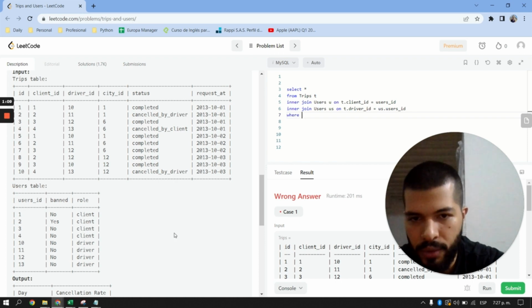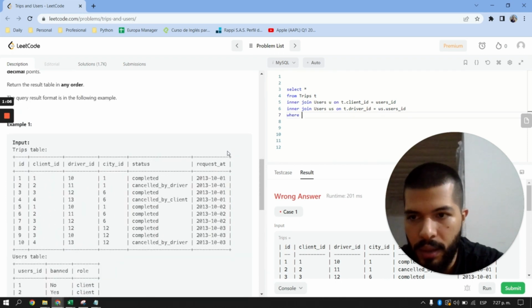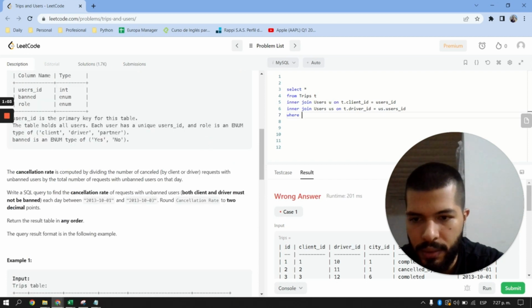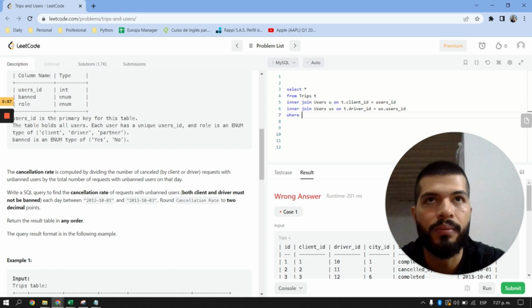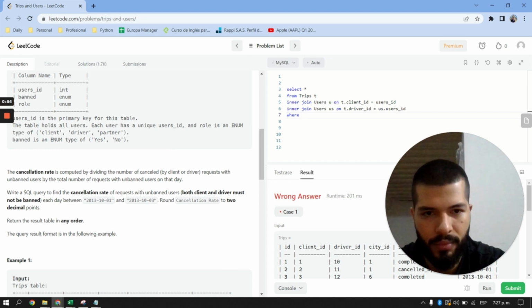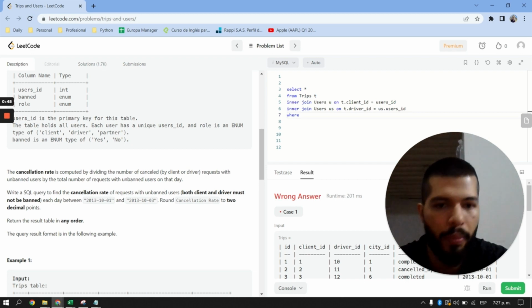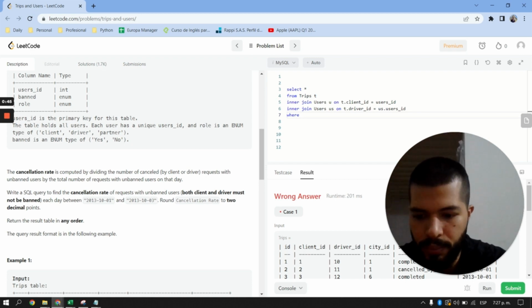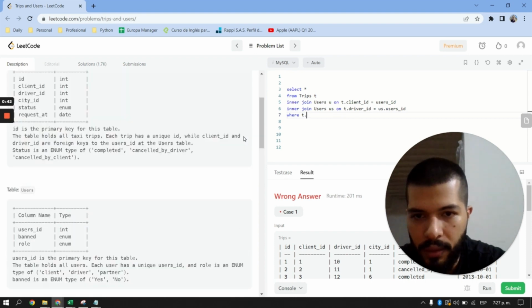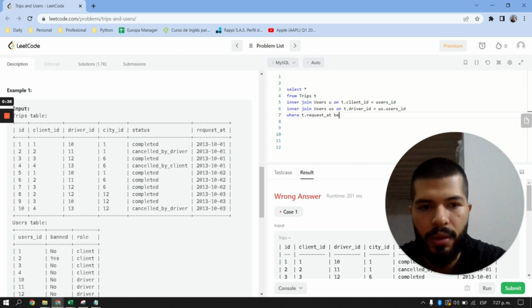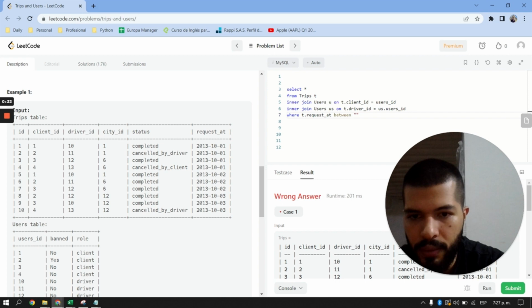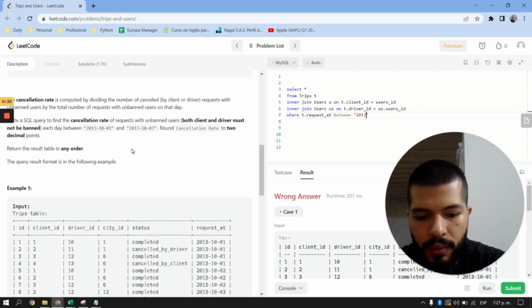Where, so the first one is about a date. Let's take a look at the exercise. Yes, there are the days. I'm not going to copy this. If you are doing this kind of job process, trying these kinds of platforms, try to not copy anything, because they already know or notice if you are copying text from anywhere, any other site. So putting the date, the field that I'm searching is request at, so request at between, in this case I need the days that they give to me, October 1 and